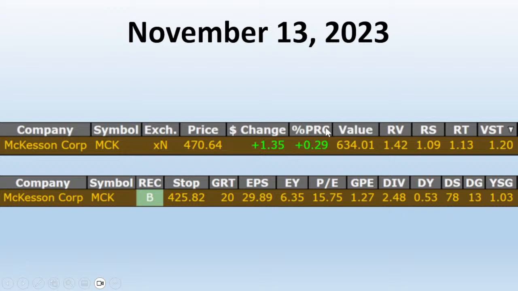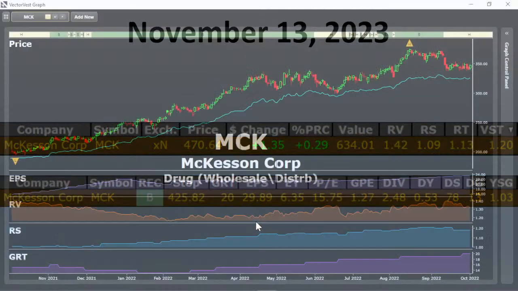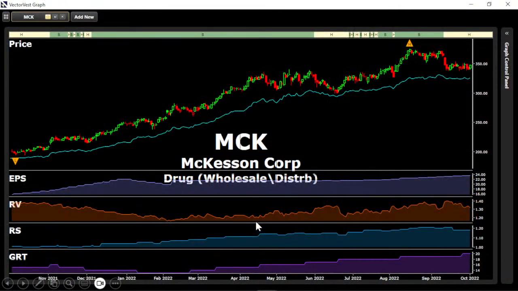Okay? So on face value, when you look at these indicators and you see them at these levels, you know you've got a strong, fundamentally sound company. All right. Here's a chart of the same stock from November of 2021 to October of 2022. So let's look at the hard right edge.